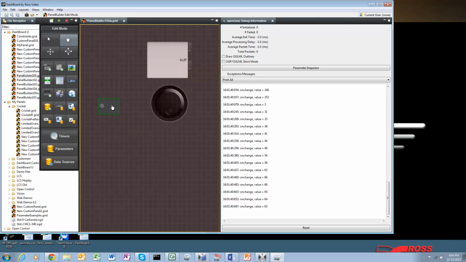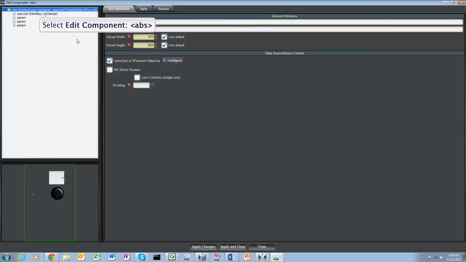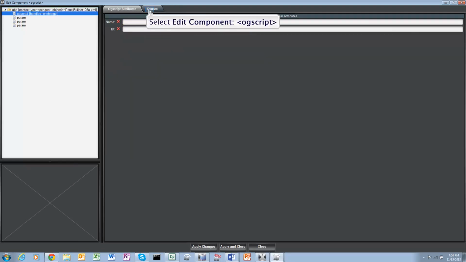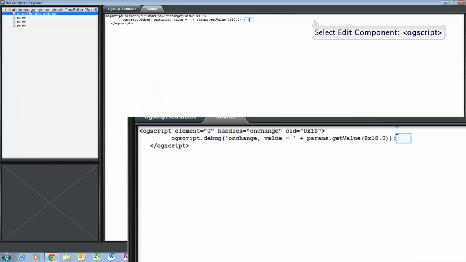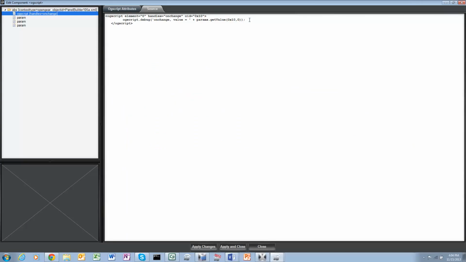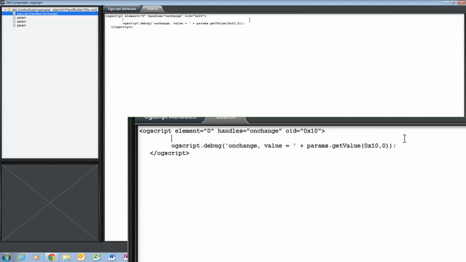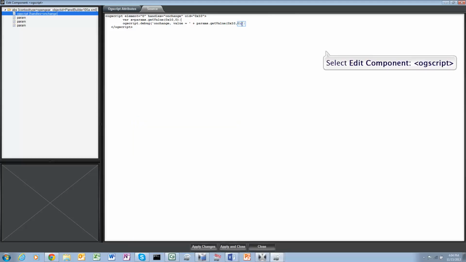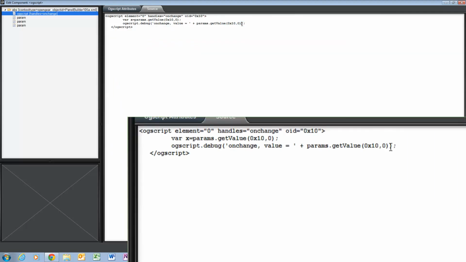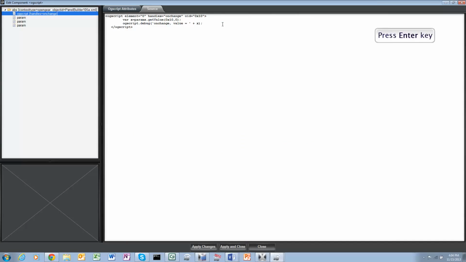So I'm going to go back into my script and let's clean this up a bit. I'm going to use this value quite a bit, so declare a variable, call it x, and initialize it to params get value 0x10, and then I can use x here in the debug message,